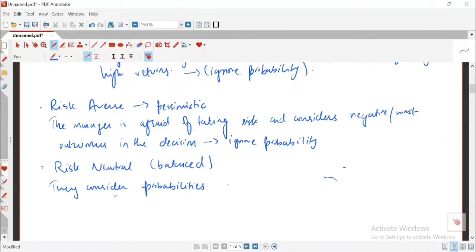in decision and work along EVs, expected values, that we did in decision trees as well. अच्छा, so these are the type of people जो आपका basically logic पे काम करते हैं. They work on calculations rather than taking the risk or not taking the risk. So these are the risk neutral people.